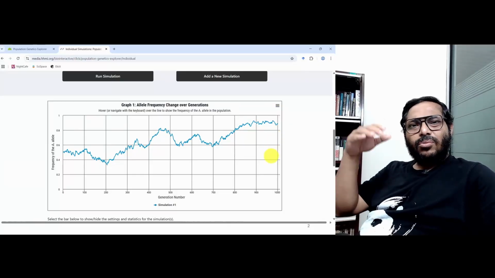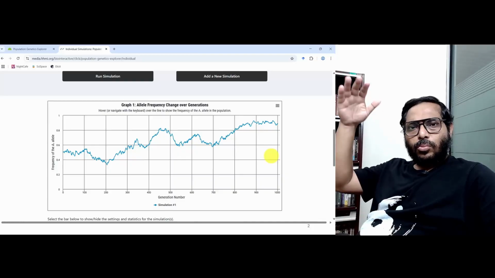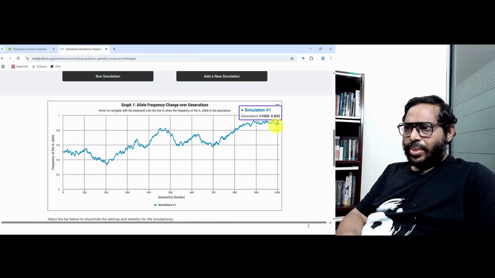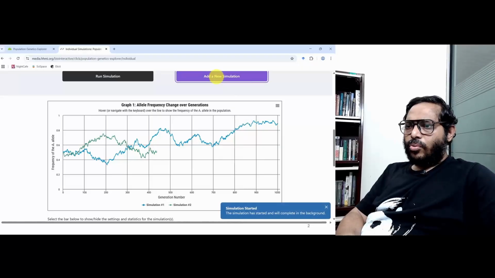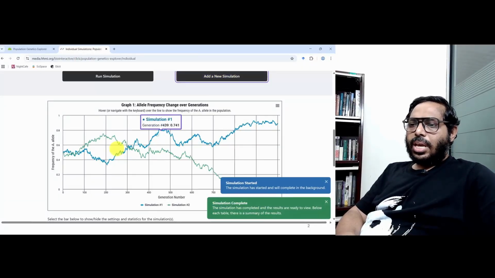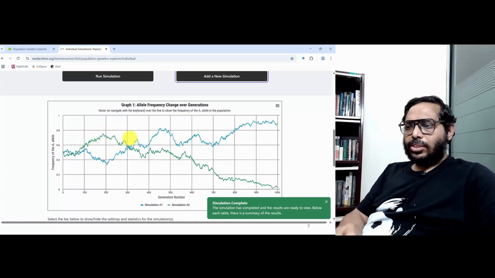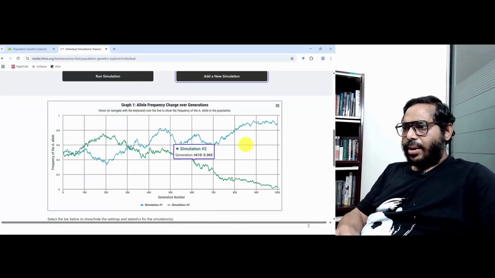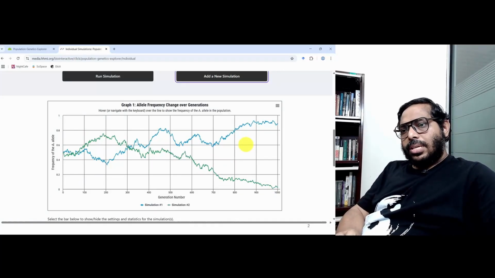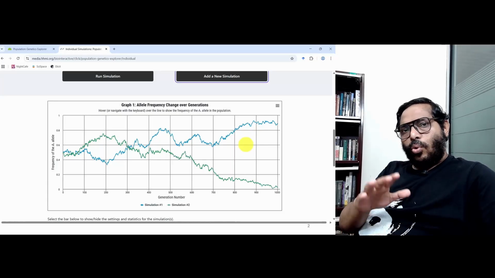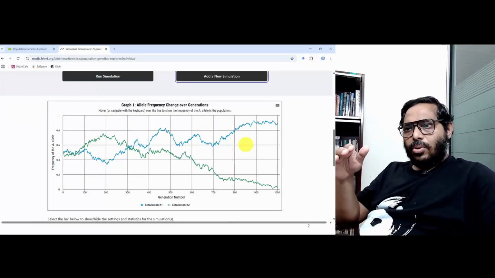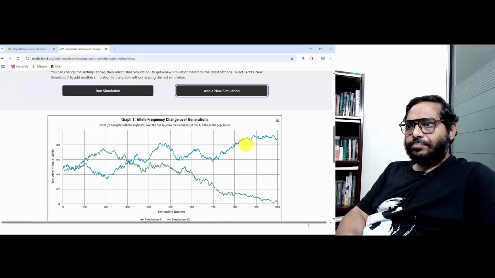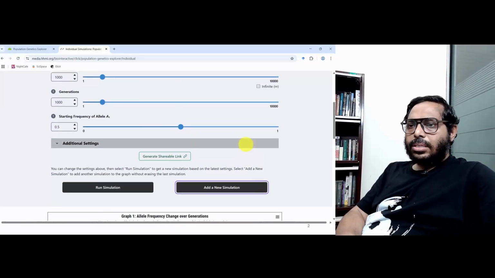Earlier it was going somewhere between 0.6 and 0.4, but now this has gone all the way close to about 0.9. So, let us add one more over here, and you can see again the magnitude of the fluctuation has gone up, and it has now gone very close to 0. In other words, overall the amount of bouncing around has increased the moment we have reduced the population size. And let us now